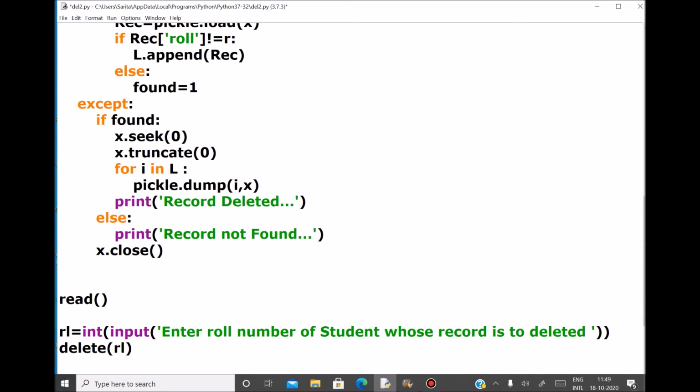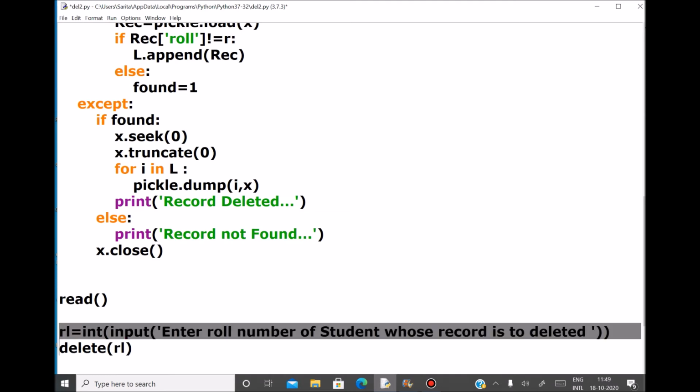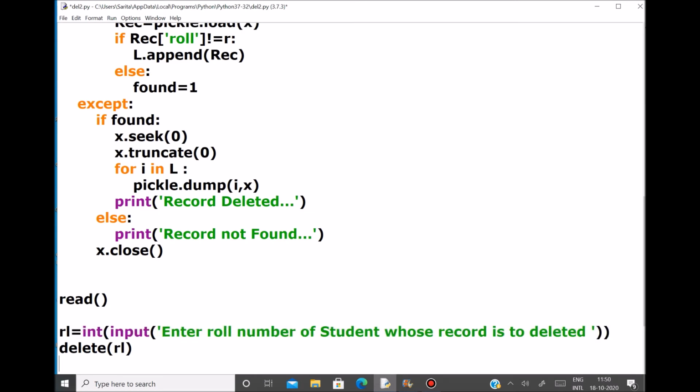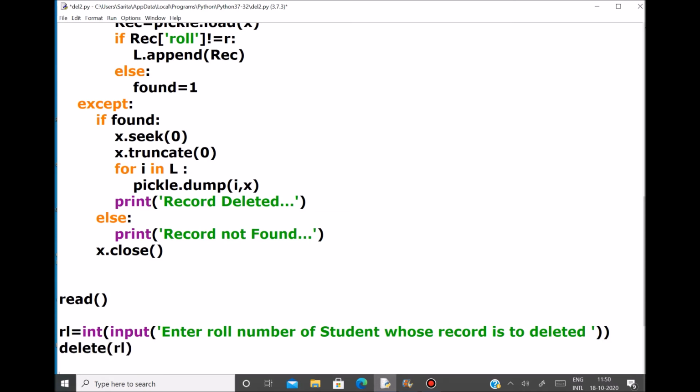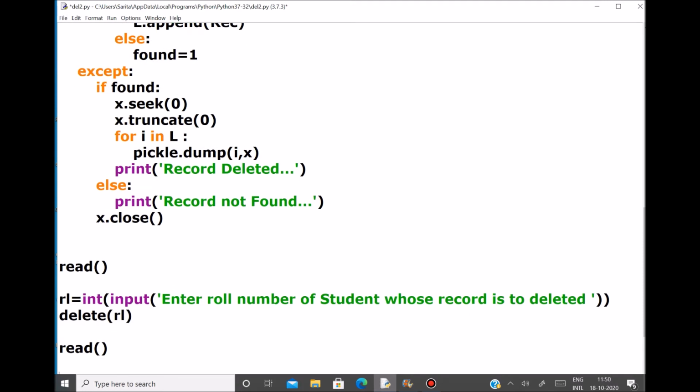So I am first taking input of the roll number of the student whose record is to be deleted in any variable, say here in RL. After taking input in RL, I am calling the delete function with RL as parameter. Then again I am invoking the read function in order to view the contents of the file after deletion. So executing our program now,